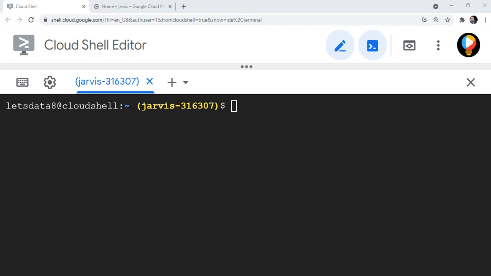Hi guys, today we will see what is the difference between grep command and sed command in Linux. If you are working as a data engineer in the data engineering field, you may come across Linux operating systems on your clusters, be it on premises or any VM instance that you have on your cloud environment. So you have to come up with some commands which will be useful for your daily use cases.